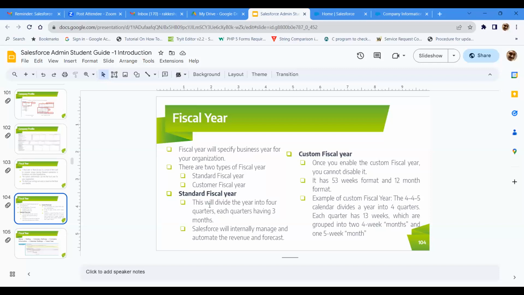Whereas coming to the custom fiscal year, it is the fiscal year which you're going to enable, when the financial year will start, according to the company. Some companies go from January to December, some companies start from June or some other month, depending upon the rules and regulations. So you can set your fiscal year here, whichever one you want. Once you're done with it,